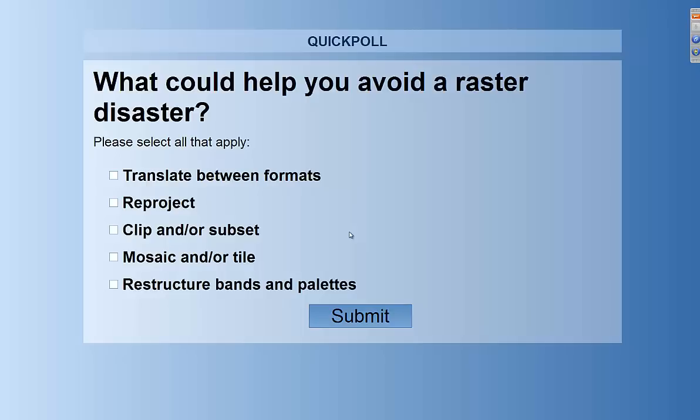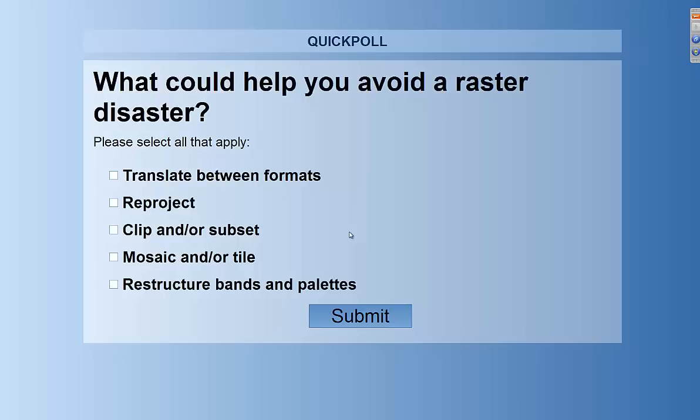So is it translating, reprojecting? That's a big deal people do with raster and FME, especially in some niche markets, one of the few tools that can do some of the coordinate systems that niche markets have. Mosaicing, tiling, clipping is one of my favorites, Dave. Oh, really? I got a nice clipping disaster pick coming up that I found online last night.